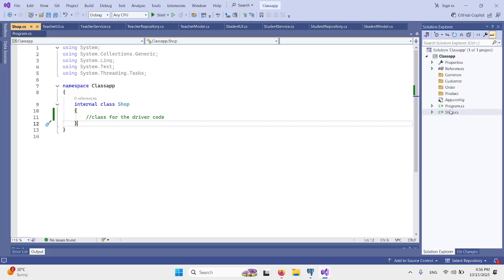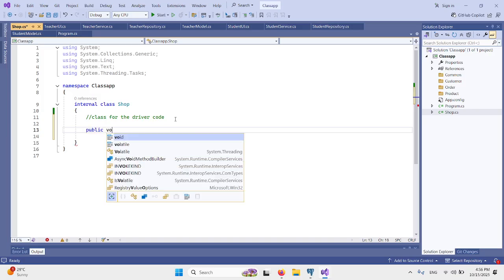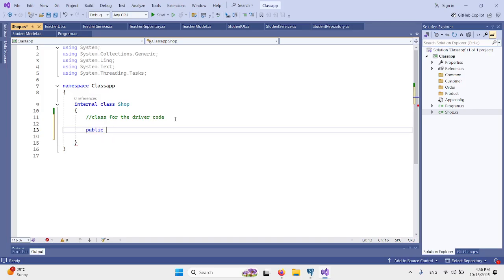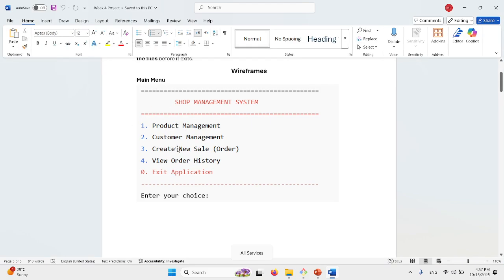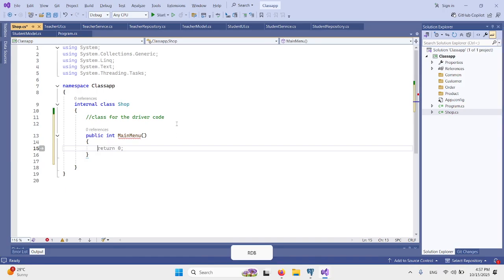Well, so this is a shop class. We call it a driver class, where we will write all our driver code. Let's begin with the first. Make a function like public void main menu. Okay, so we take all these menus.